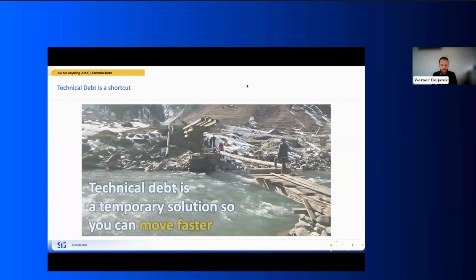The idea behind it was that you know full well that building a bridge like this is not a good idea. If you're a bridge engineer, a structural engineer, this is not a smart idea. But if somebody's really pushing you and saying, sure, but we really need to get some stuff across right now because else we go bankrupt, then you're fine with it. But you make this deliberate decision to make this shortcut. And you also make a plan. At the first moment that we have a little bit of breathing space, that we're not going bankrupt, that we apparently have made enough revenue to keep existing as an organization, then we are going to solve this particular piece of technical debt. So it's this whole idea of a conscious decision.